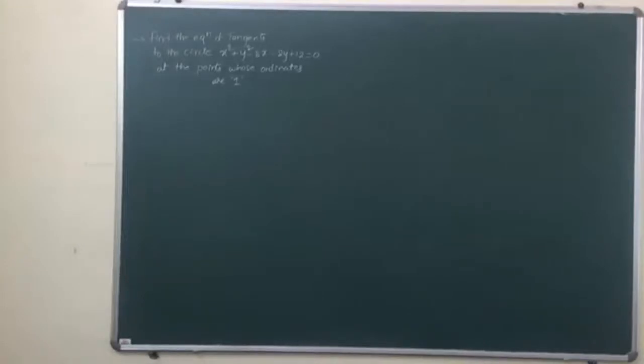Solve the question, make it quick. First find the points. So it's already given the ordinate of the point. What do you mean by ordinate? It's the y coordinate, right? So the given y coordinate value is 1. Using that, find the x coordinate, and then you'll get a point or 2 points, whatever it is. And then find the equation of tangents at those points, okay?